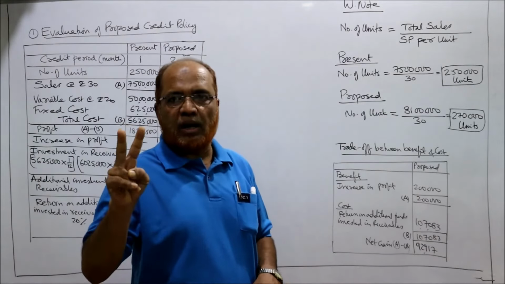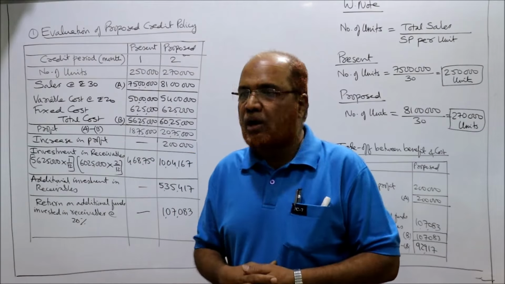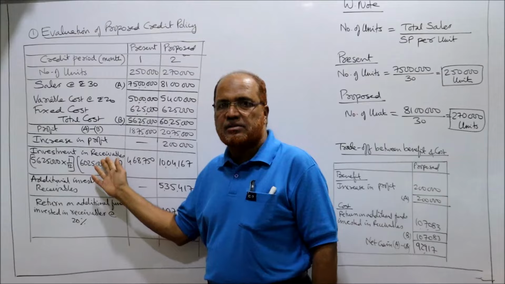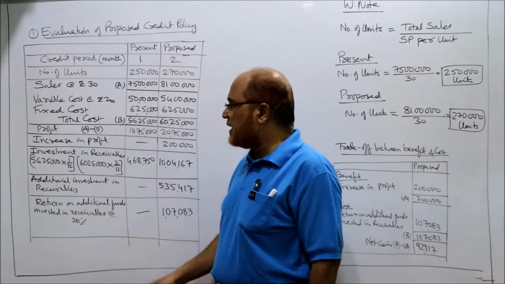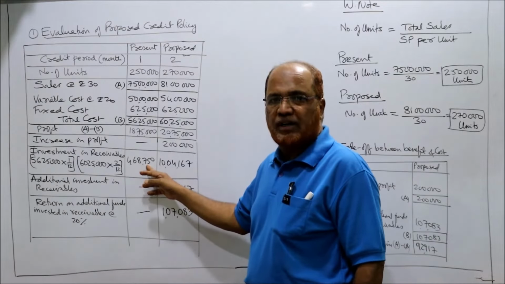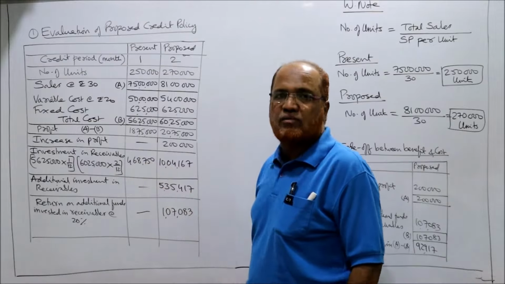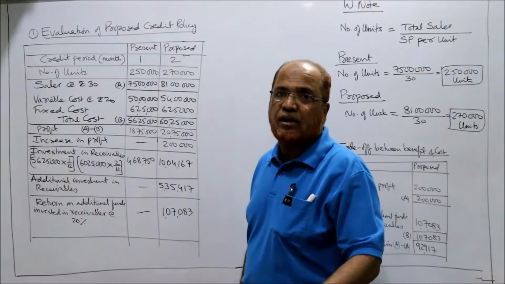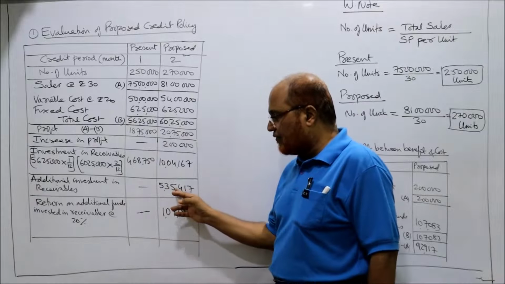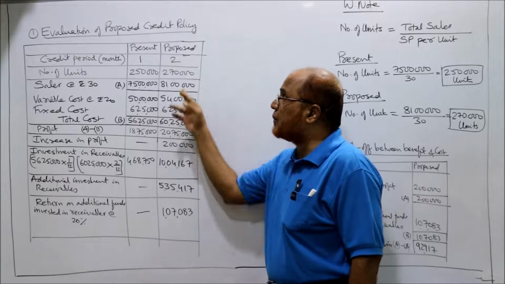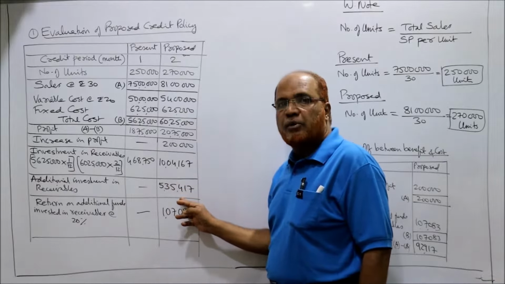बेनिफिट ये मिल रहा है कि 2 लाख रुपये प्रॉफिट बढ़ रहा, ये हमारा फायदा है, बेनिफिट। अब कॉस्ट क्या हो रहा, इन्वेस्टमेंट इन रिसीवेबल्स, कितना पैसा रिसीवेबल्स में लग रहा, तो प्रेजेंटली से 4,68,750 इन्वेस्टमेंट है। अगर प्रपोज्ड पॉलिसी अडॉप्ट करेंगे तो 10,04,167 एडिशनल फंड लग रहा। तो एक्स्ट्रा फंड कितना लग रहा, 5,35,417 प्रपोज्ड पॉलिसी में, तो इतना पैसा ज्यादा लग रहा, तो इसके ऊपर 20% रिटर्न चाहिए,